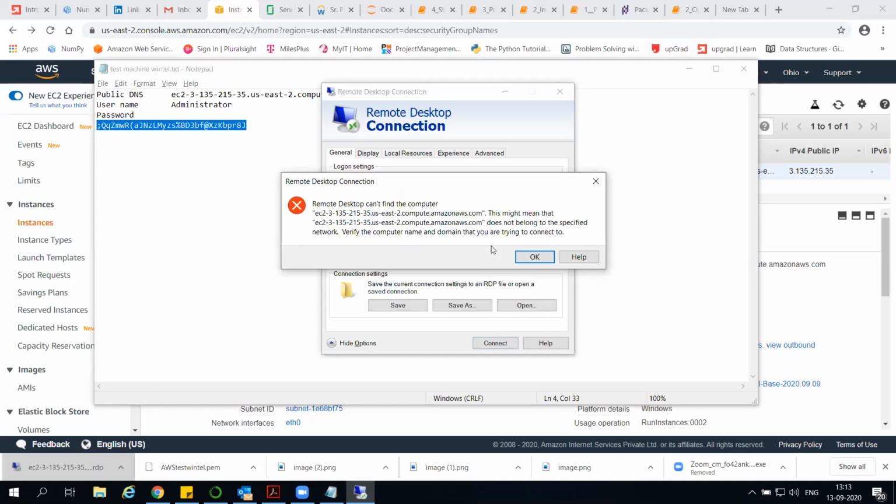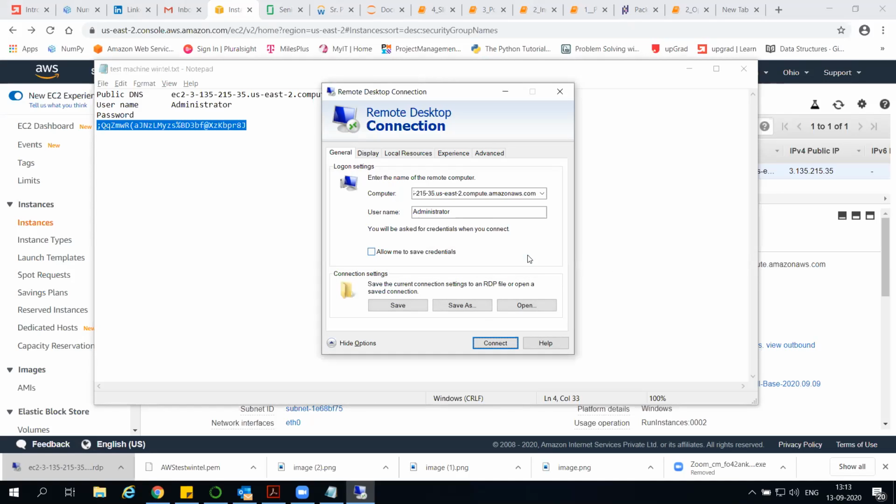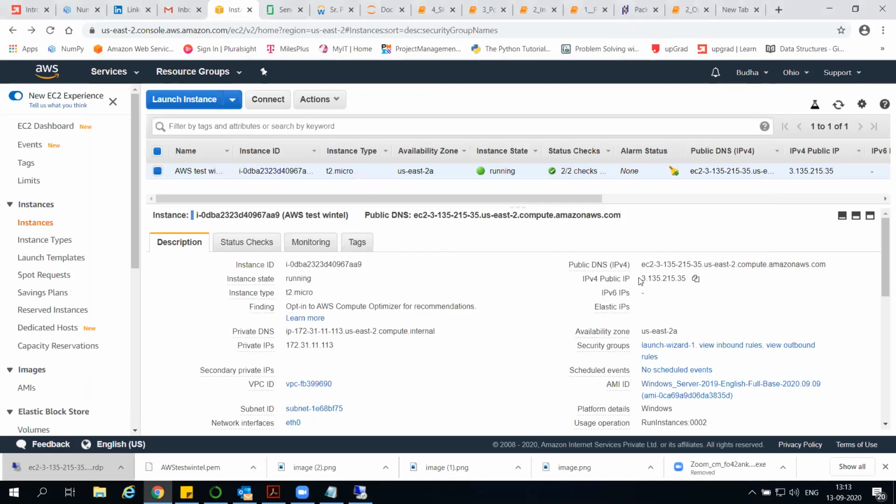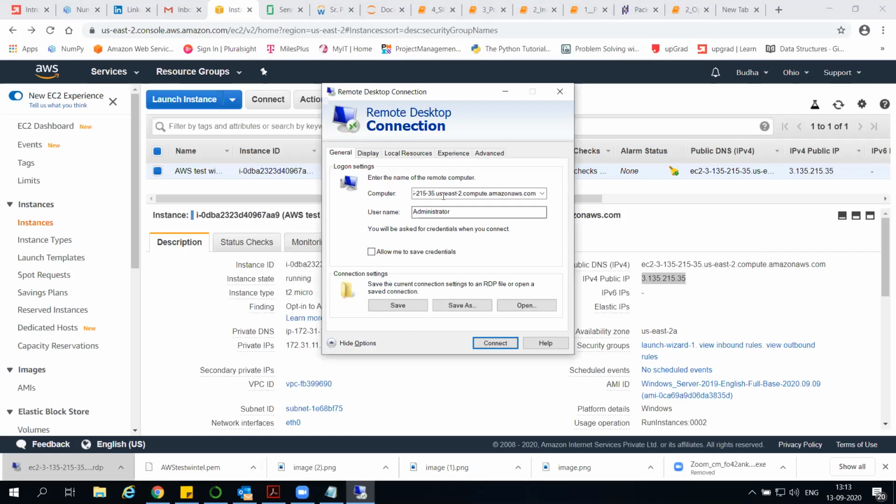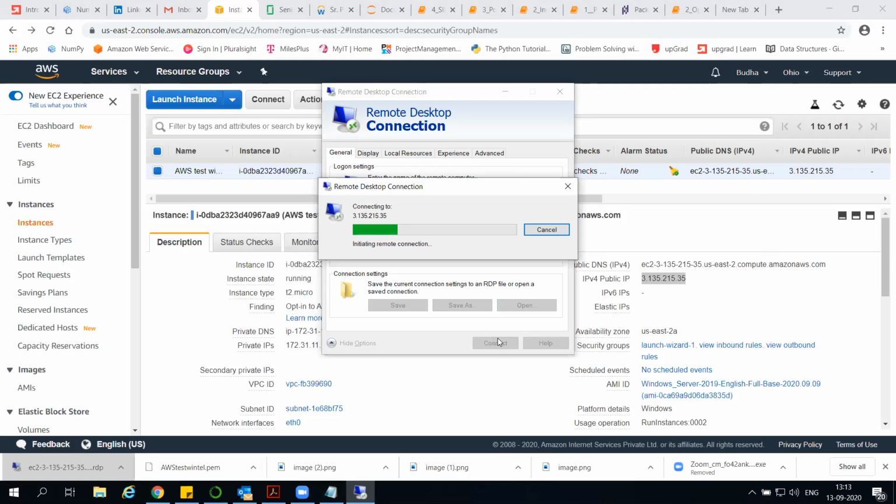Just close that. Say okay. Just go and take the IP address from AWS from where you had taken it. Click the copy button. Now you try that IP. Yeah, paste it. Say connect.